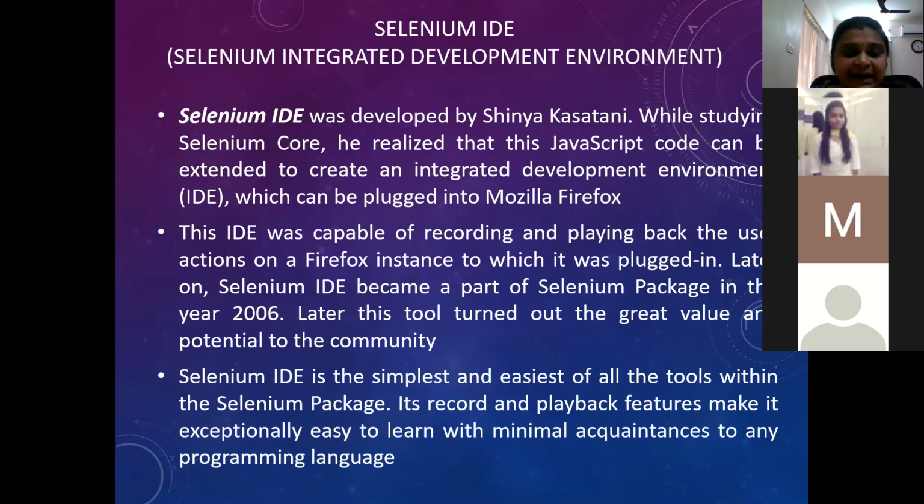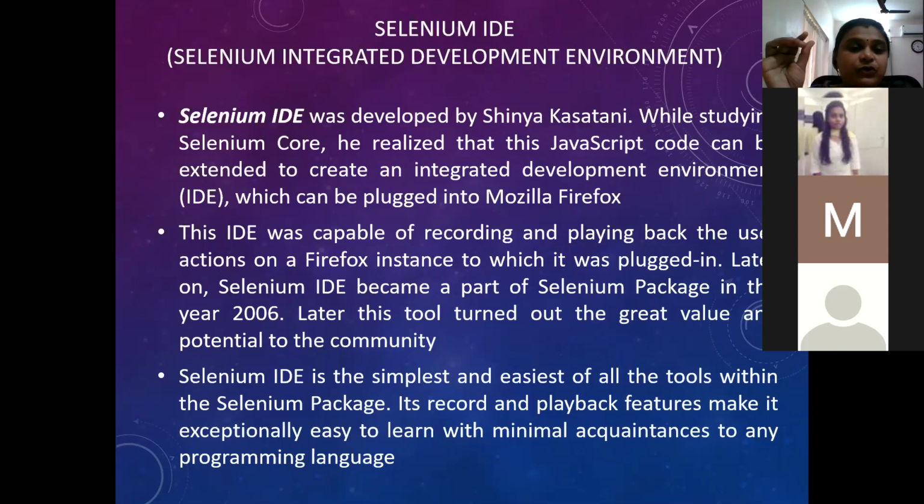Now, this particular IDE, you can just install it. It can be used only as a plugin in Firefox. Please try it out. You can install the Selenium IDE. The IDE will simply do recording and playback. I'm repeating, when we talk about automation, if you only want to capture your steps, using an IDE doesn't require any programming skills.